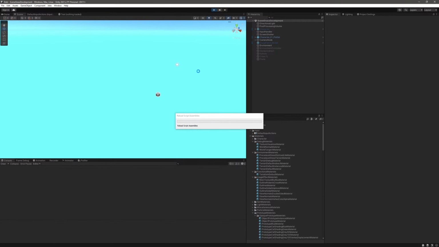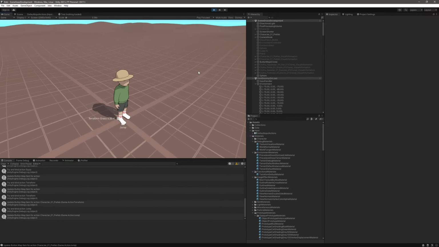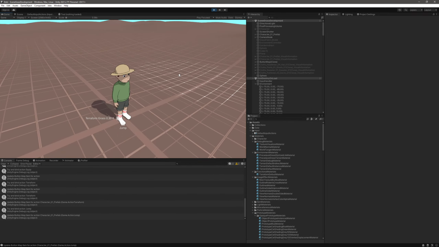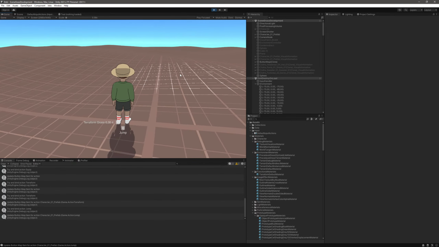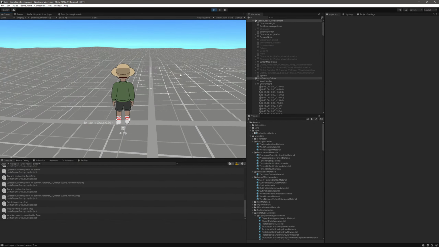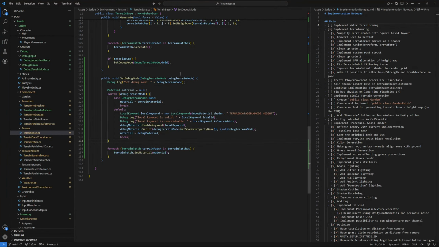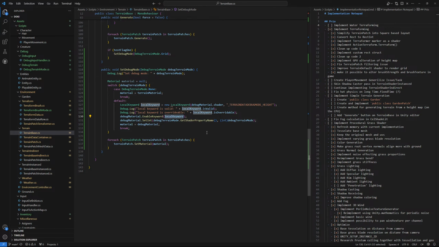So my understanding was pretty much correct. It's just a question of how we switch between shader variants during runtime. So if we do Shift 2 now, we actually get local keyword is valid, local keyword is overridable, true. And then we enable keyword. I'm a little bit worried. I wonder if we want to do, let's